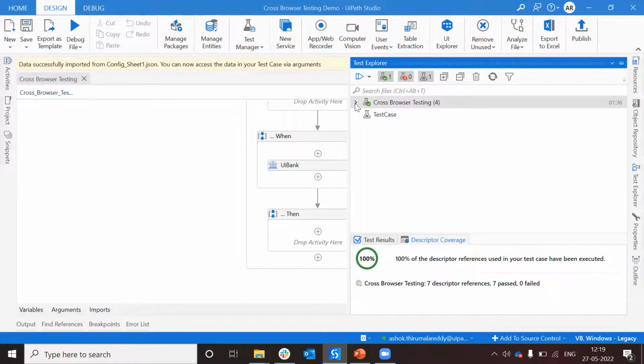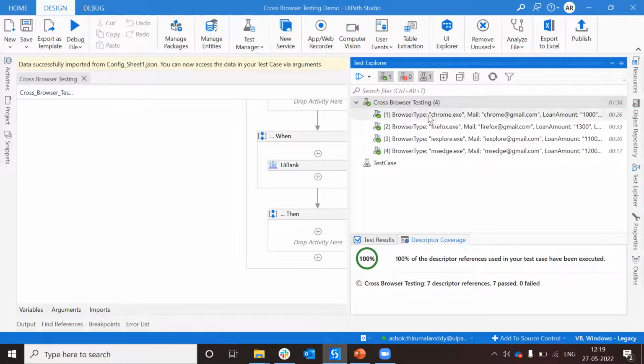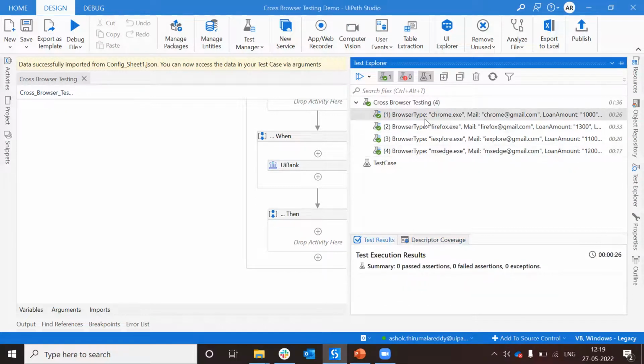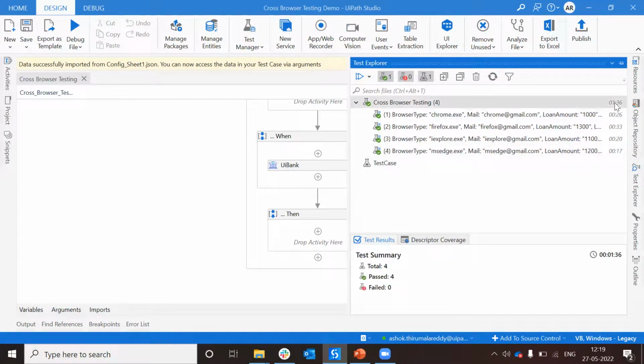So you can just click on this icon. So you can see here, 4 different icons. So one is browser type is chrome.exe. Okay, and here you can see what data we used. Okay, so you can see all 4 different types, and here you can see each execution how much time it has taken for execution. So 26 seconds, 17 seconds, 20 seconds, 33 seconds. Total execution time is 1 minute 36 seconds. Okay,